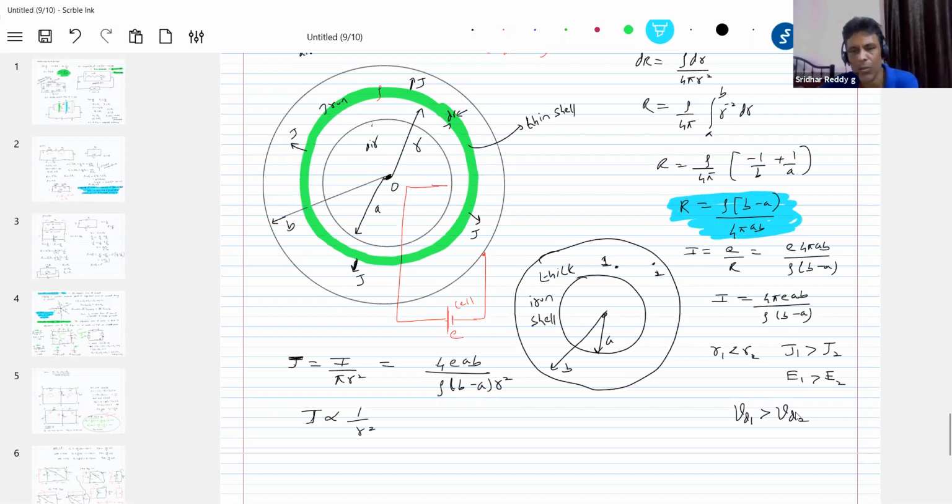So how do we calculate the potential difference? dV is equal to minus E dr. Substitute the value of E as a function of r, then integrate from R1 to R2. Okay, got this? So we can determine the potential difference between any two points inside the conductor when a battery is connected.